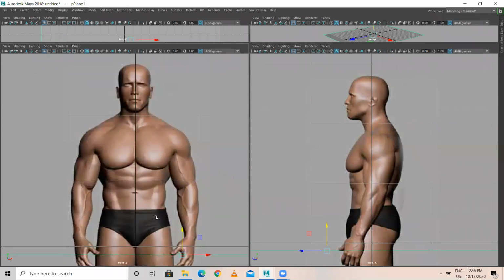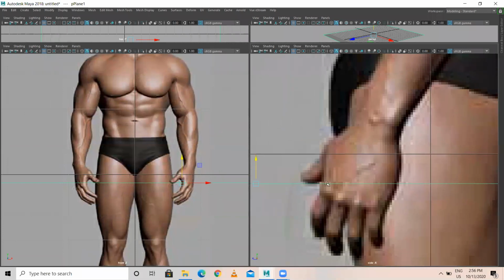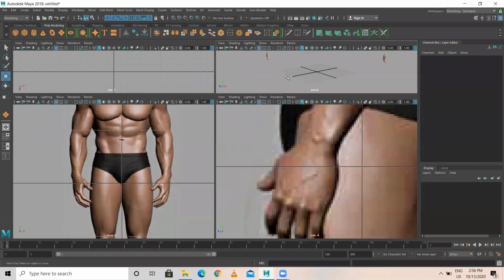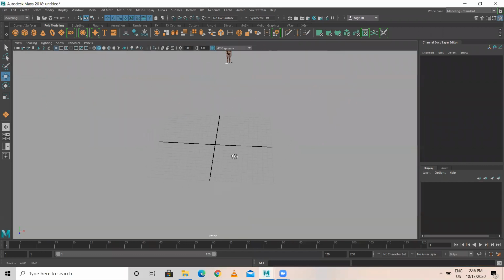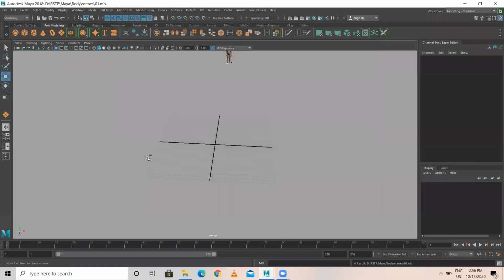Check the thumb part here. Thumb line. See, it's matching here and here. Our first task itself is to match the reference. Then I deleted the plane. I don't want the plane. I created a plane only to match. Then in scenes folder, save this as 01.